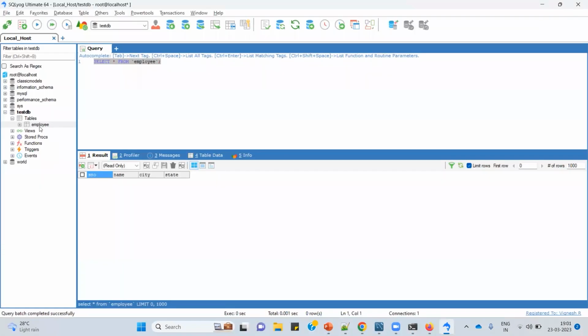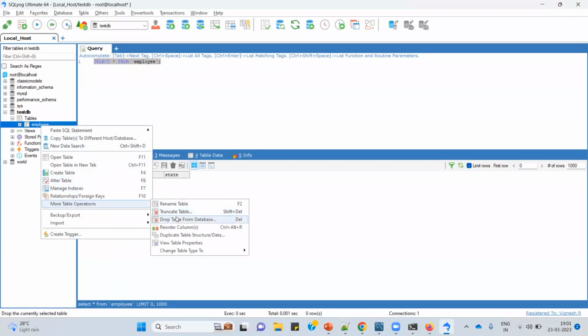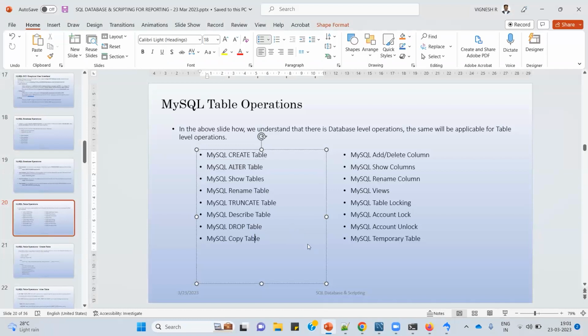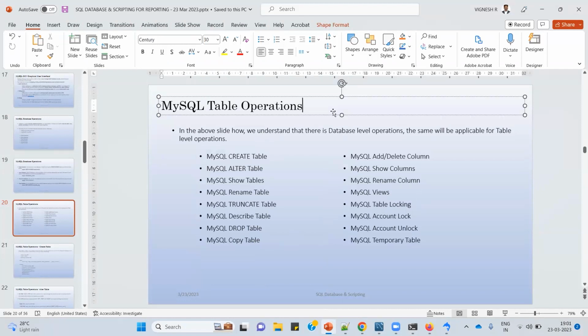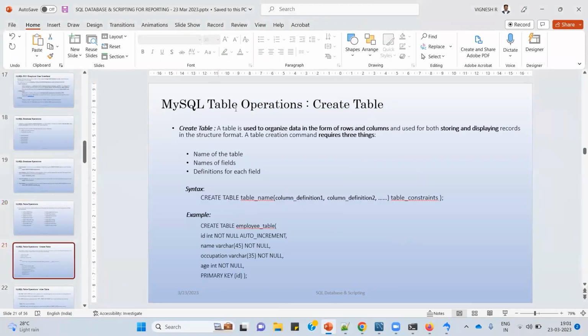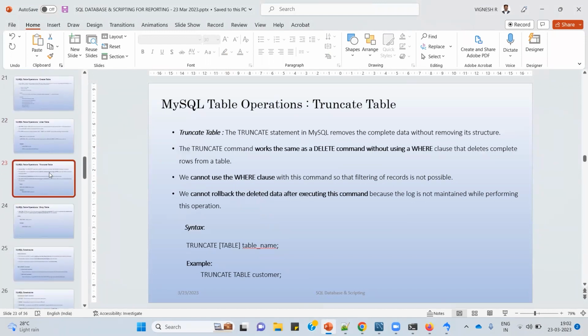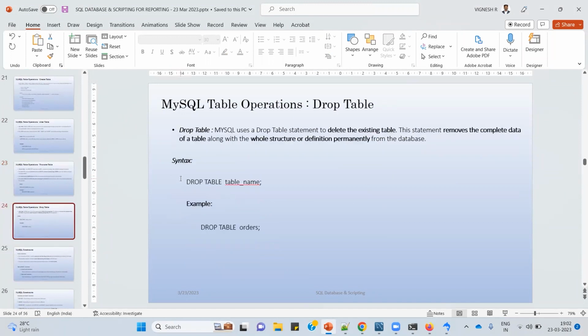In the same way, drop table is nothing but one more table operation: we drop the table from the delete option. If you put that, then the table itself is going to be dropped. Likewise, we can copy the table, add or delete a column, rename the column, alter. So there are a number of table operations available. This is what we have seen: create the table, alter the table, truncate the table, and drop the table. Whatever the table operation, we can easily do it in the GUI, graphical user interface,